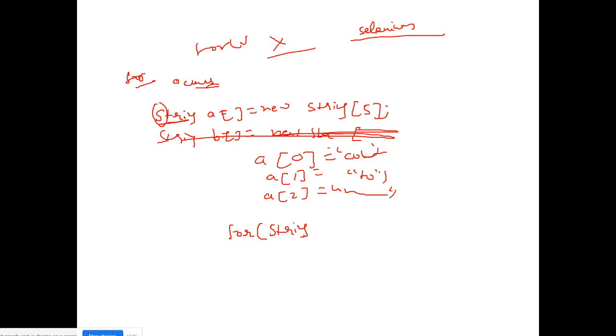Now make a variable for it, whatever you want, suppose ab colon, right? What was the variable that you have stored it in? A. Just print out ab. This will print each object one by one.